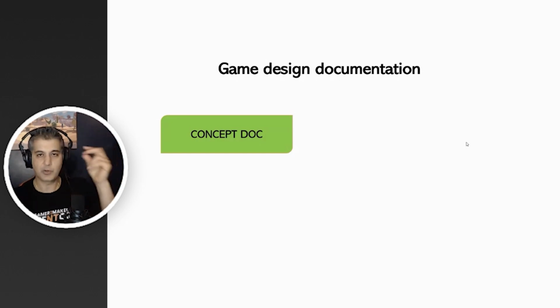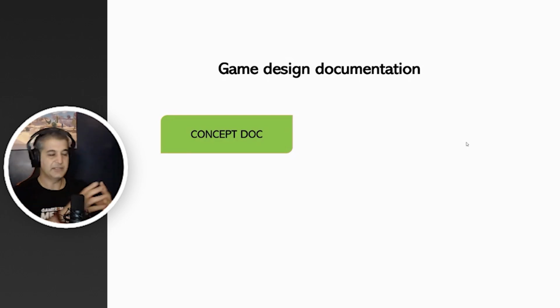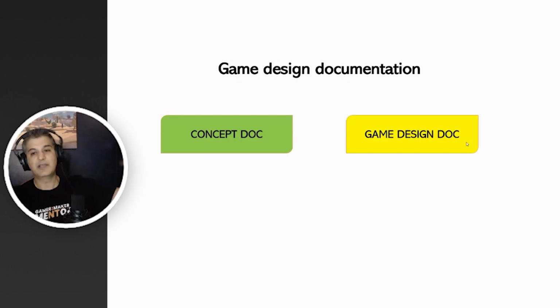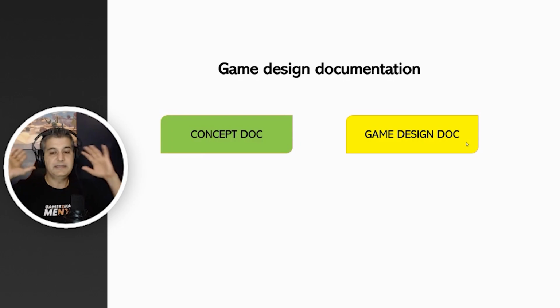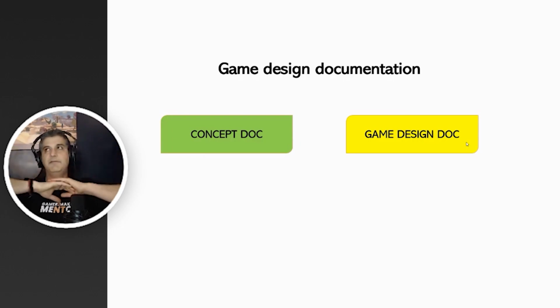A concept document is fast. You should be able to make two, three, four concept documents really quickly. Just snap them out as a game designer. It's not a detailed document. Concept document is something really simple. And of course, this is a big part in G2M. We actually teach concept documents. We teach students how to come up with a game idea, how to create a concept document. And from there, you go to a game design doc. Game design documentation is a very detailed document. It has lots and lots of detail.